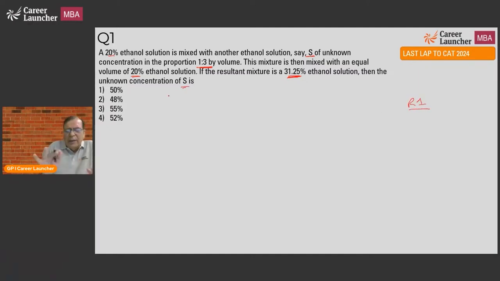Okay, and let me quickly tell you how I would attempt the question. We have a 20% alcohol. Another has S% alcohol. These are mixed in the ratio of 1:3. So if I say 1 liter of the first one and 3 liters of the second one, in total you get 4 liters. Now, this mixture is mixed with an equal volume of 20% ethanol solution. Equal volume, this is 4 liters, so another 4 liters of 20% alcohol solution is taken. And what happens? The mixture now becomes